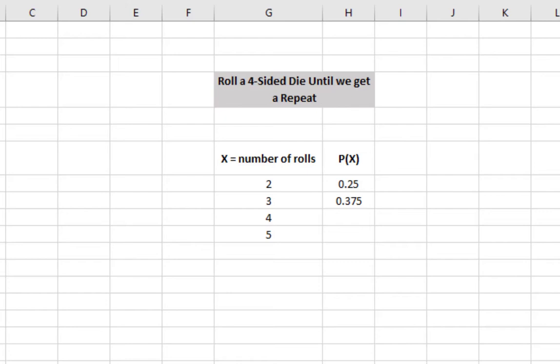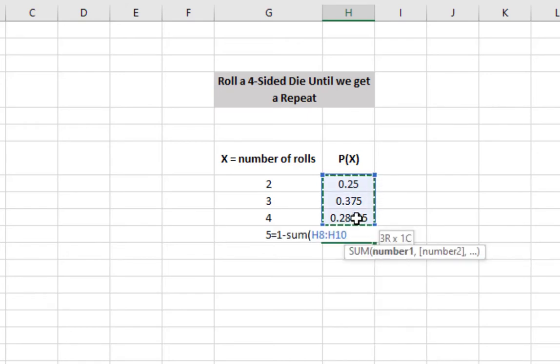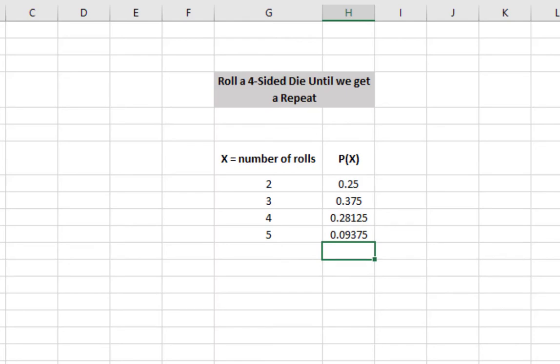And I'm actually glad, because check this out. If you enter a fraction into Excel, you have to enter it with an equal sign. If you don't, it thinks it's some weird formatting like a date or some other strange type of text formatting. So I'm going to type 72 divided by 256, and yeah, 28.125%, which there's no way I would have remembered. Okay, and then since I'm feeling saucy, I also can't remember the decimal for 5, even though we just calculated it in that last video. Watch this: equals 1 minus the sum of the other 3, which is exactly that cool little thing we did. Yeah, 9.375%.